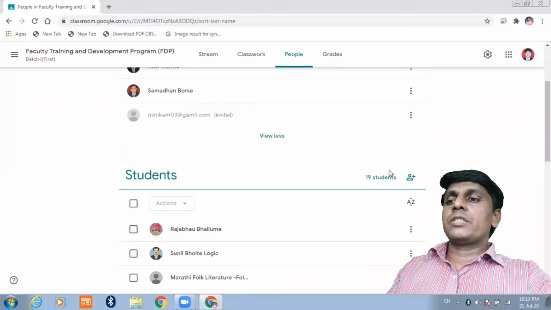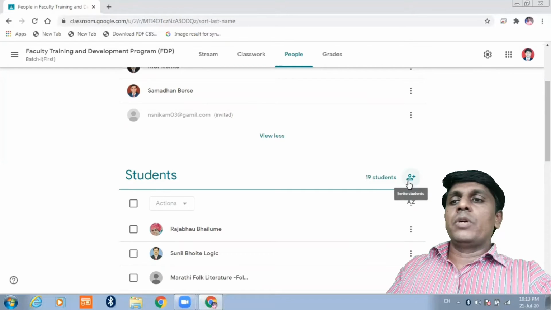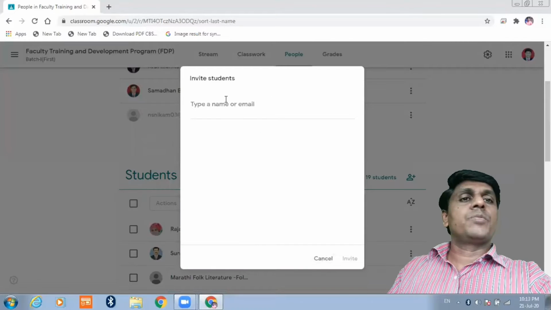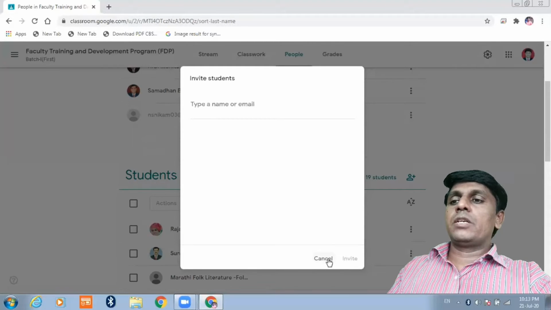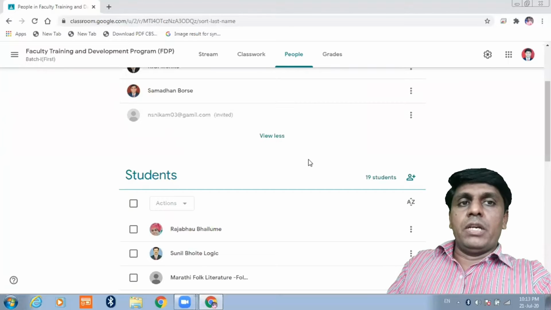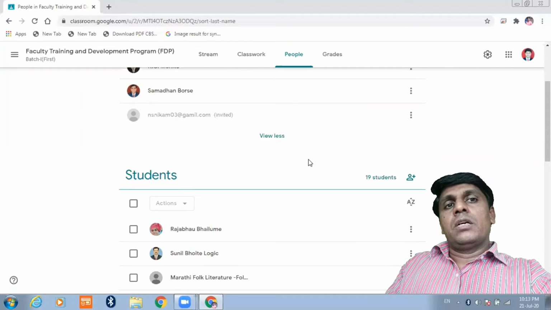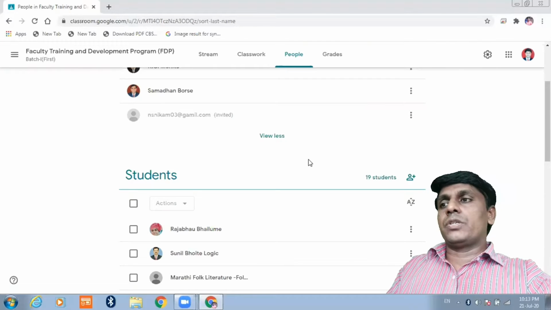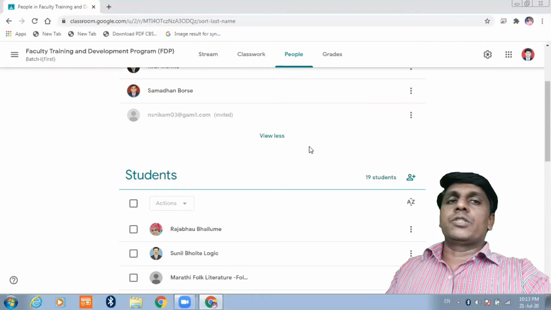The same process is used to add students. In the student section, click on the pop-up window, type the mail, then the invite button will be active. Click on it, and the invitation will be sent by mail. He has to accept it. So this is the way you can add your students and even co-teachers in your Google Classroom.